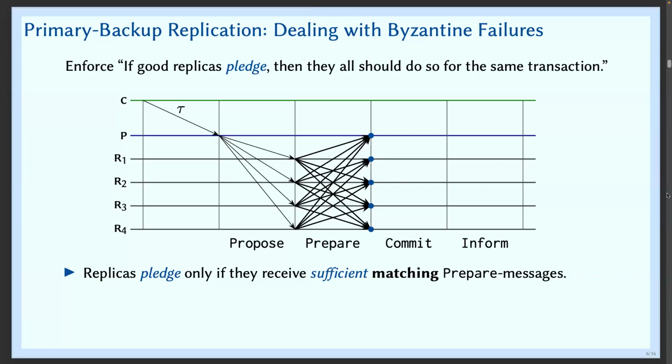If the communication is good, will I be getting the same message from everyone? If the primary didn't lie and did in fact send the same message, will I get 3F+1 messages that are identical, or will I get 2F+1 messages? Or what can I guarantee that I will get? Assuming the primary didn't lie, and assuming the network is reliable and didn't drop any messages, how many messages can I guarantee to be matching? 2F+1, 3F+1, what would that be? And again, we have 3F+1 nodes in the system.